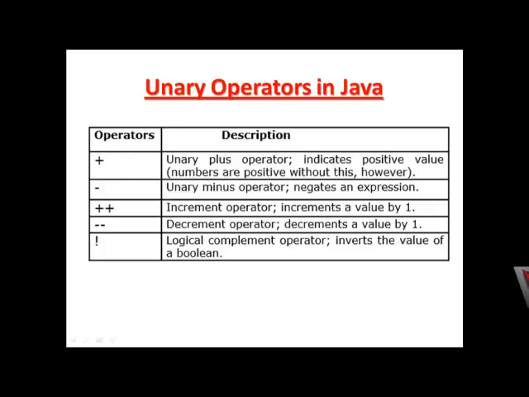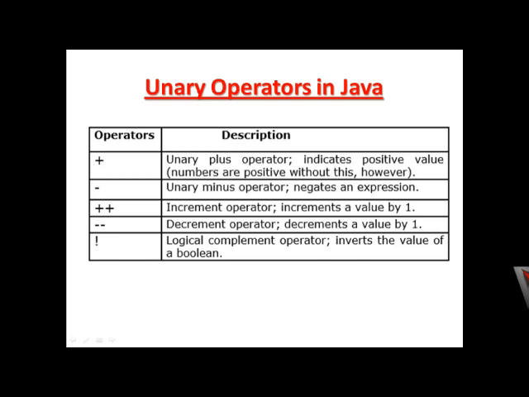Generally, the operators start with unary and binary operators. Let's look first at the unary operator. Unary operators are operators which work on a single variable or a single value. Like if my variable name is A, then it will work on one single operand, that is A. That is why it is known as a unary operator.